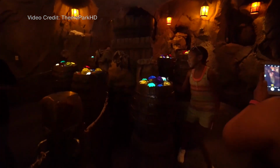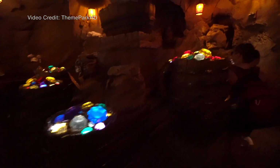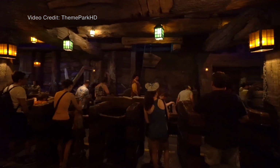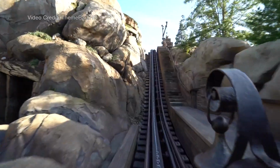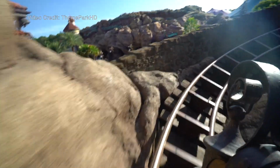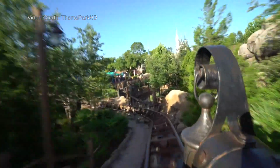This might feel a bit cramped to some riders sensitive to that sort of thing, but in my experience, the amazing theming was a great distraction from that. From there, you'll step onto the loading platform and get ready to board the ride vehicles. Once you board the train, you'll set off into the daylight, climb your first short lift, and twist and turn around a beautiful landscape. I would compare the layout to this track as fairly similar to Thunder Mountain, but definitely